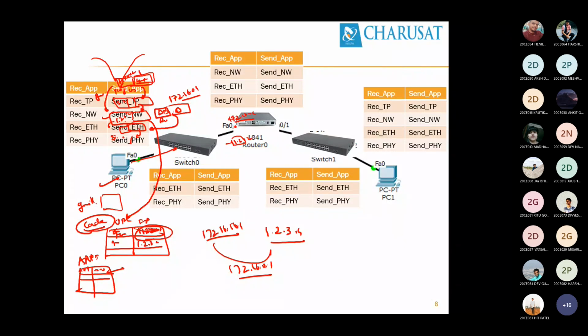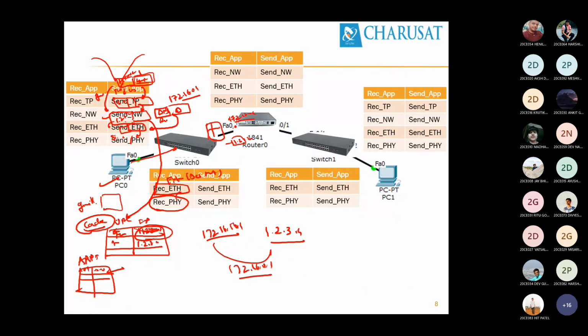Is it clear? Now the switch, this physical layer receives that data. What it does, it converts into ones and zeros and puts into RAM. Over here, what does it do? Additional functionality. It will check the header. Here it will check, it needs to extract the destination IP address. Sorry, the destination MAC address. It will extract the destination MAC address. So the Ethernet layer will extract the destination MAC address. Then what does it do?